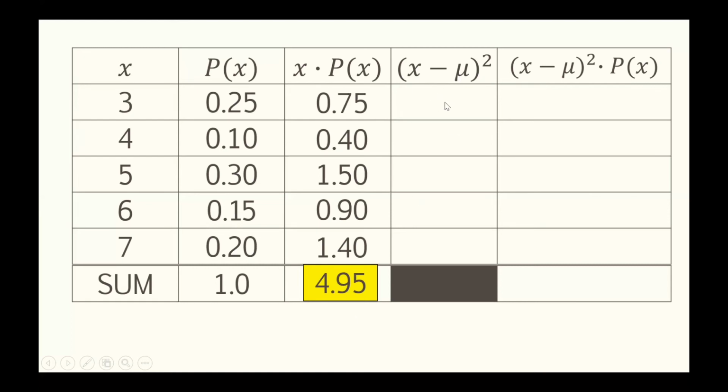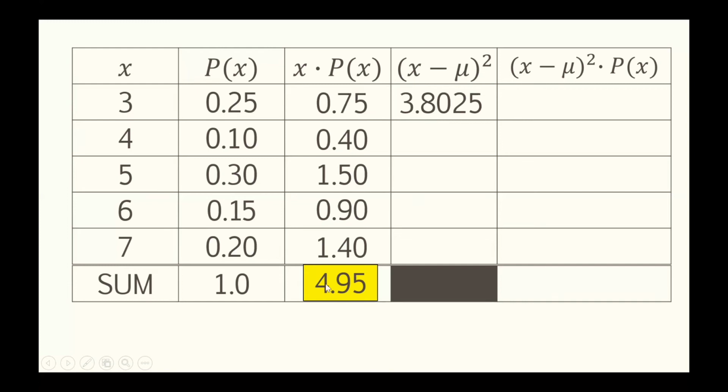So in this column, we're going to get the difference of the first x and then the mean. 3 minus 4.95 squared, that is